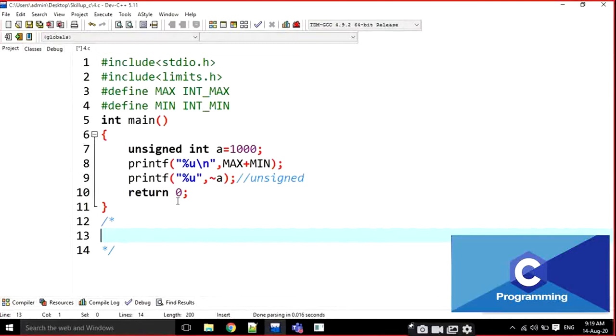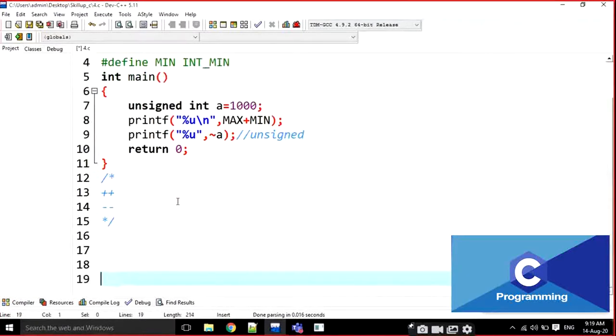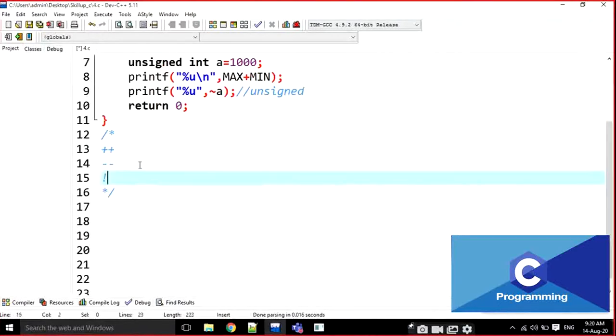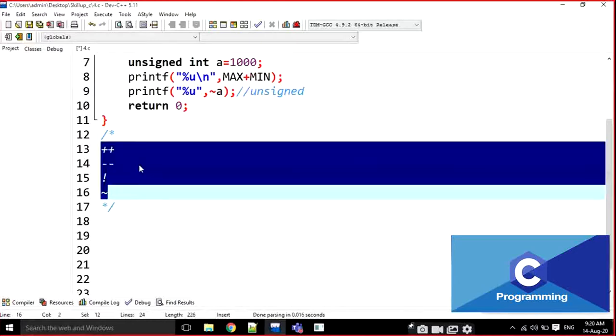Okay, but increment operator and decrement operator and logical NOT operator and bitwise NOT operator. If you observe all these things, these operators are working on only single value.